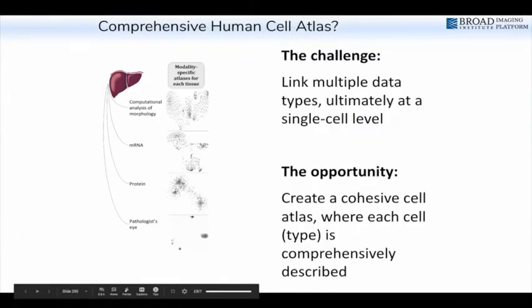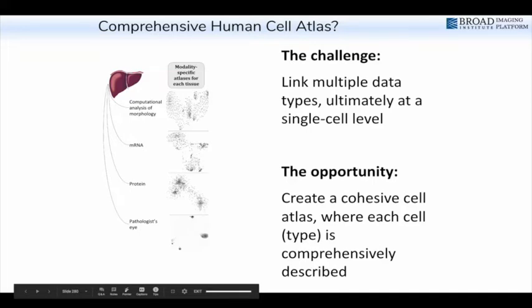When we have mRNA and transcriptional data side by side, we can do some really neat things. And so the Broad is part of a huge effort known as the Human Cell Atlas. And my lab specifically is not terribly involved in it yet. It largely focuses on mRNA readouts at this time. But we were kind of looking ahead and thinking, well, it's great if we have an mRNA map of every cell type in the human body, but how do we correlate the mRNA map to what pathologists know of different